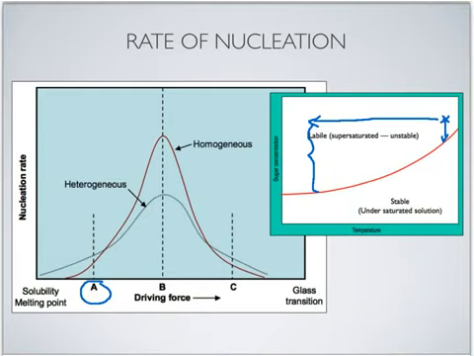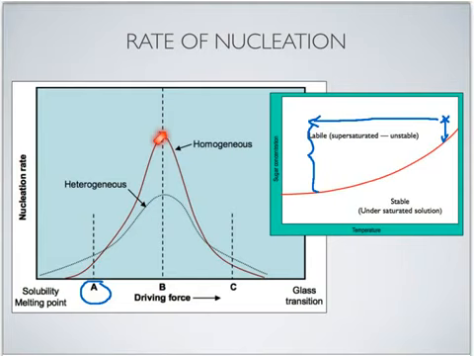So as you can see here, as we decrease the temperature, the driving force increases due to the effect of the temperature, where the kinetic energy is taken out, and the movement of the solids becomes slower. So the formation of the nucleus also will increase, and also the lowering temperature will increase the degree of supersaturation, and therefore increase the nucleation rate very rapidly. So the increase in the nucleation rate between point A and point B here is very rapid until the maximum